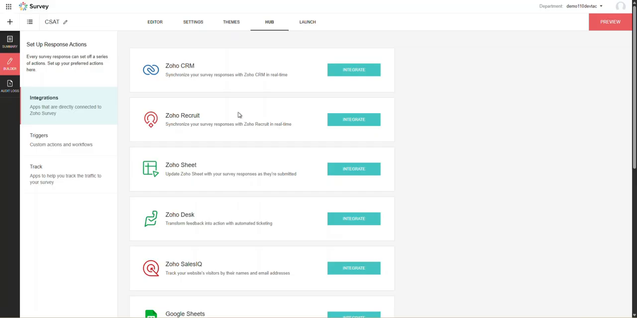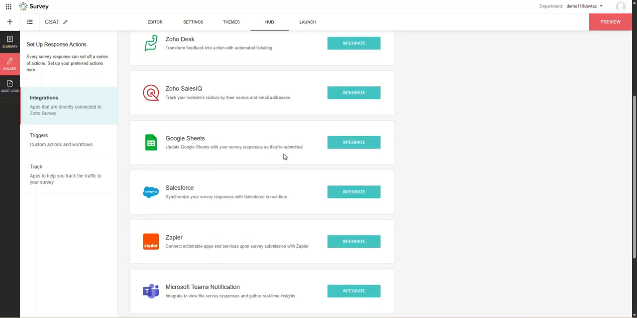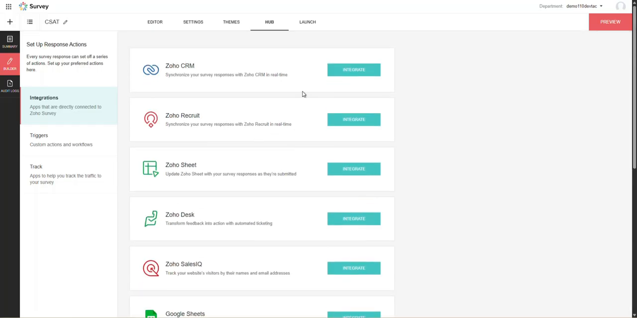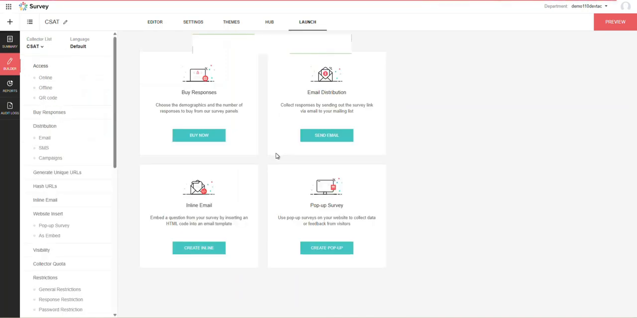If you have set up an integration to other Zoho apps and other third-party apps, you can integrate them so that you can synchronize your data from Zoho Survey to, for example, Zoho CRM as well as Zoho Tests. Then next we can launch. Here we can just click this button so we can publish our survey. There, your survey has been published. Now we can